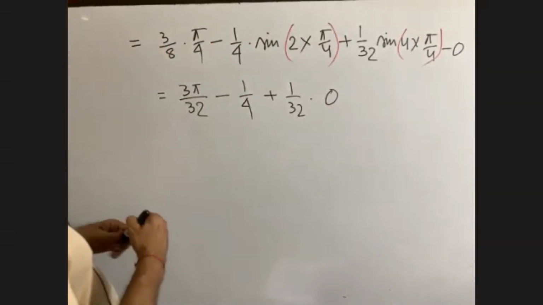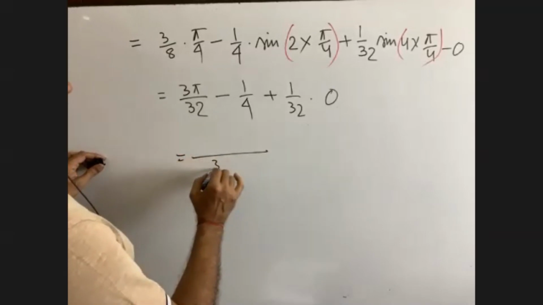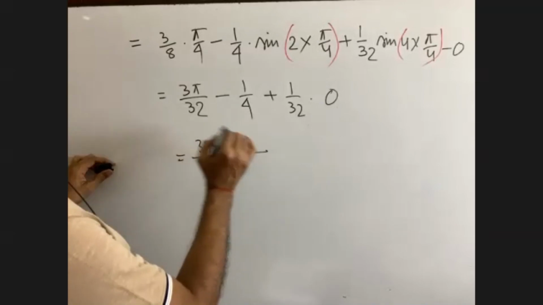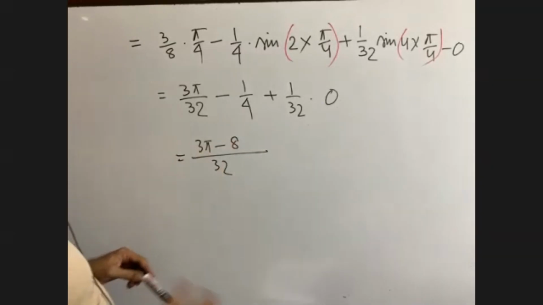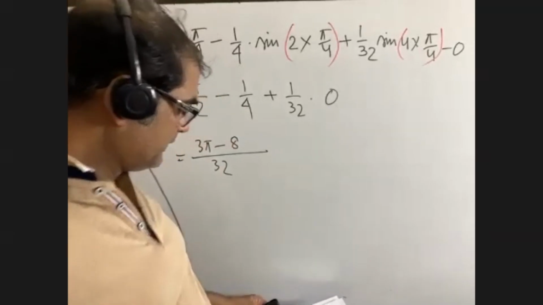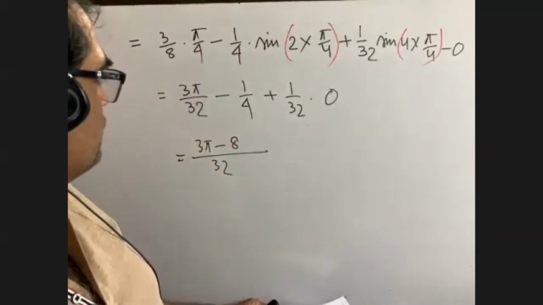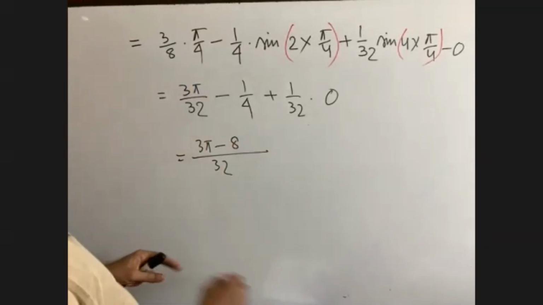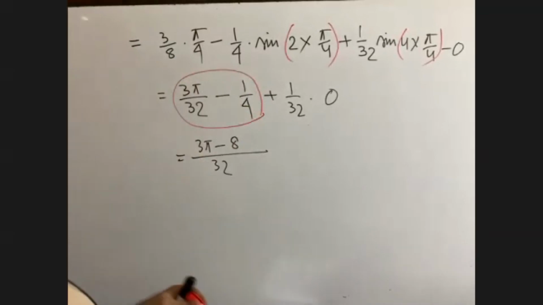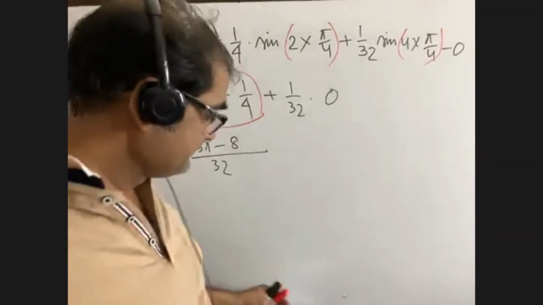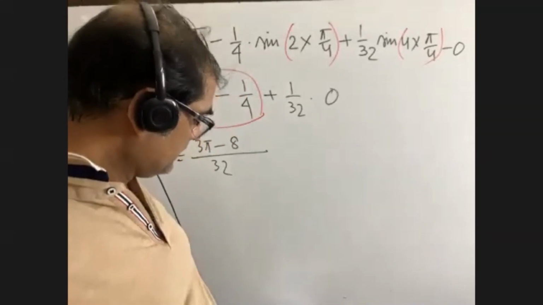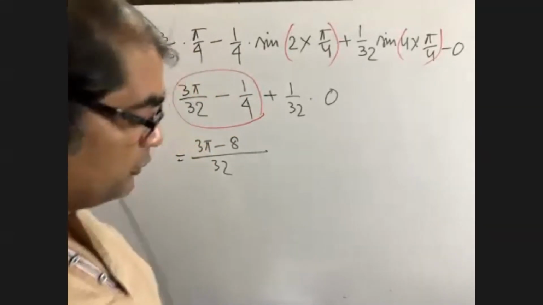If we get 32 as the LCM, then 3 pi minus 4 over 32, and this is our answer. I have to see the answer. This was 9-1, 3 pi by 32 minus 1 by 4. Okay, they have kept this answer. Not a matter. So I hope, my dear students, you will please also do question number 9 too.